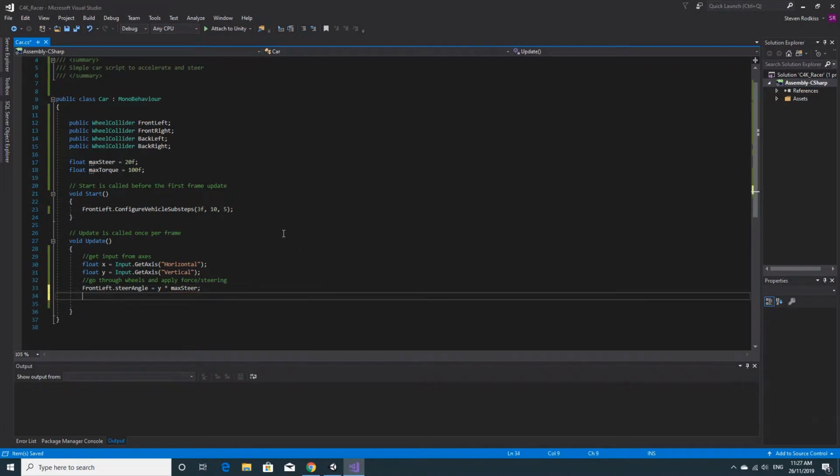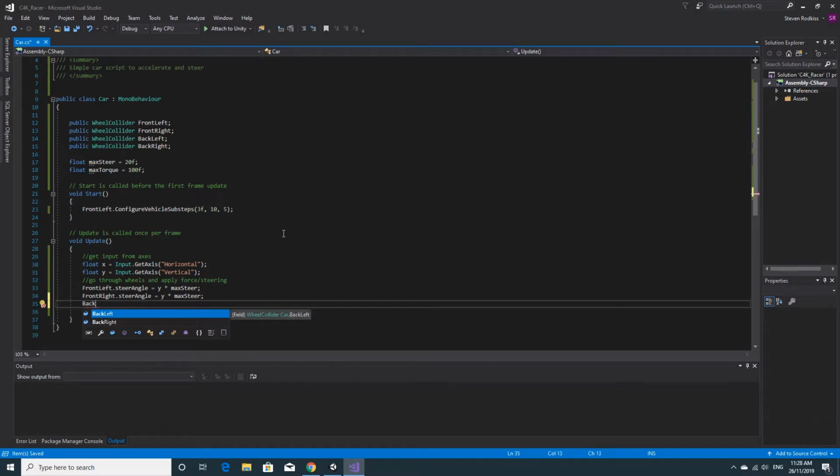So I'm assuming this will work. So I'll say front right dot steer angle equals the y value times the max steer again, and then for the back wheels we're going to say back left dot motor torque equals